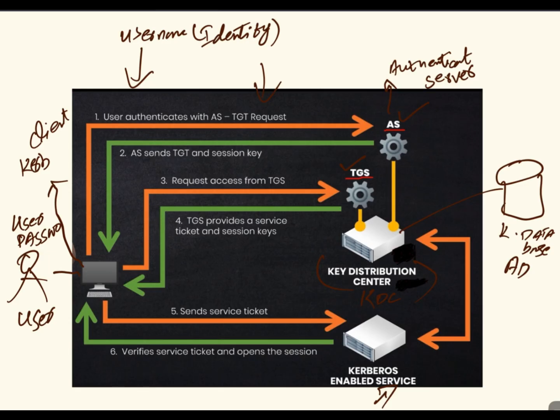So it is a request for a ticket granting ticket, right? The client is requesting a ticket granting ticket along with the username, only the user, no password hash. Now the next step would be that the AS, the authentication server,